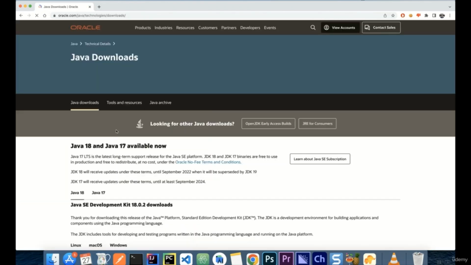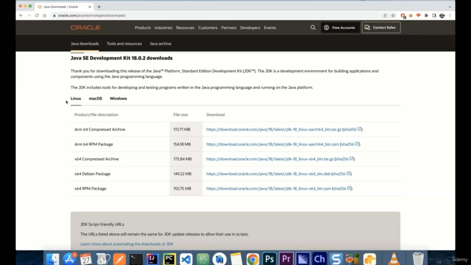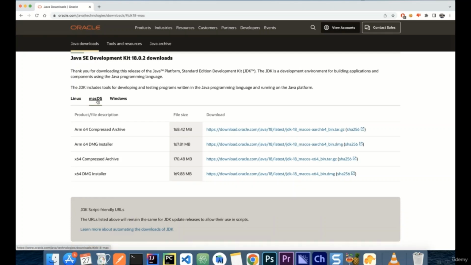So if I click on that, that's going to take me to a download page where you have the option to choose which system you are running on and download the appropriate archive here to install on your machine. So for me, for example, it would be Mac OS, and I think I would be on a x64 DMG installer, right? So I would download that. Now for me, I already have that downloaded, but for you, just go ahead and click on that, download the package and install it locally.